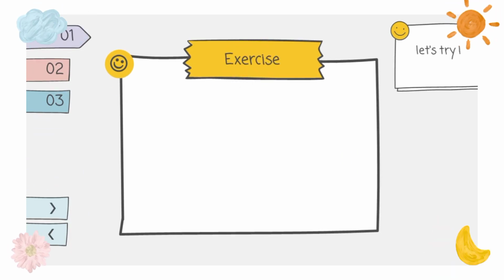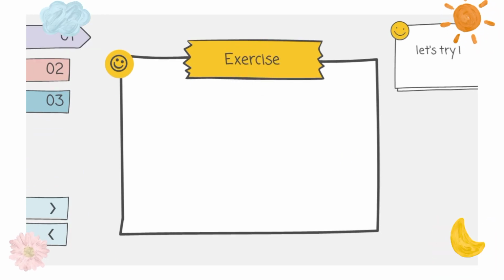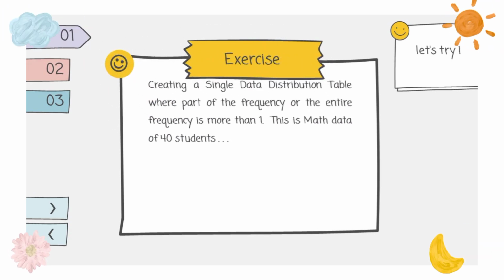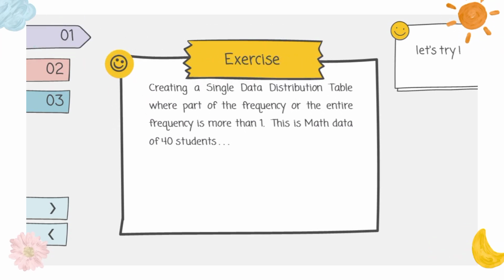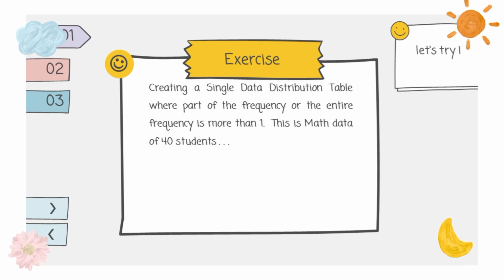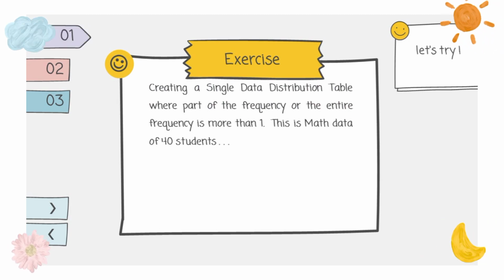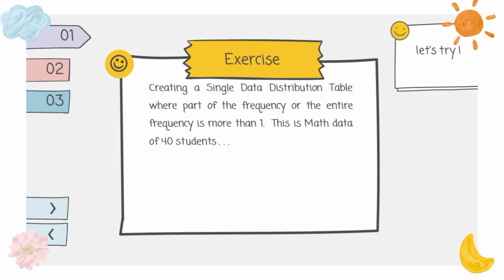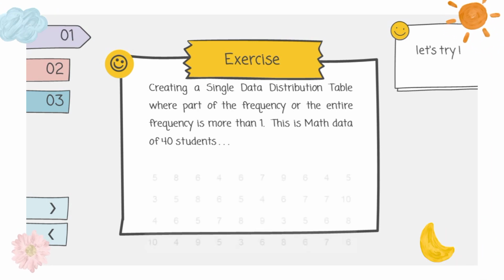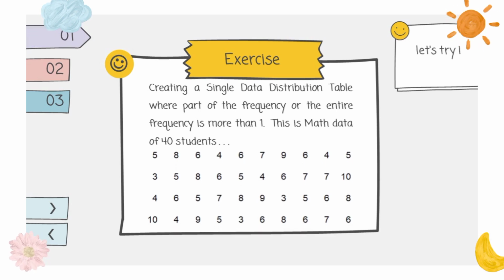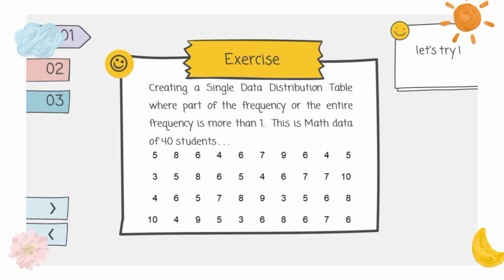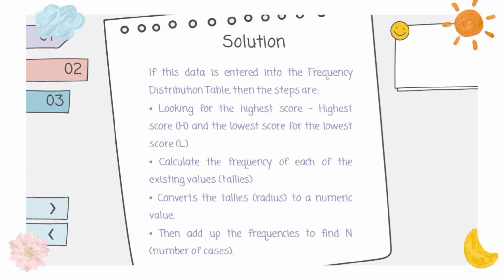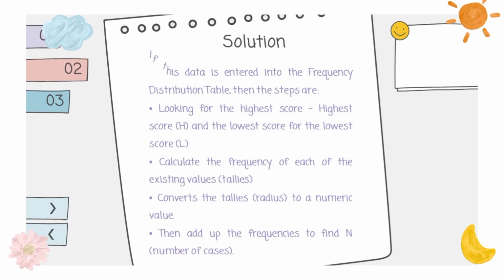Now there's an exercise. Okay, let's discuss together. Create a single data distribution table where part of the frequency or the entire frequency is more than 1. This is made from data of 40 students. Okay, let's discuss together. The solution is